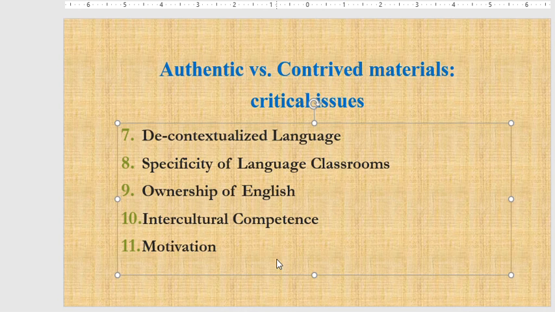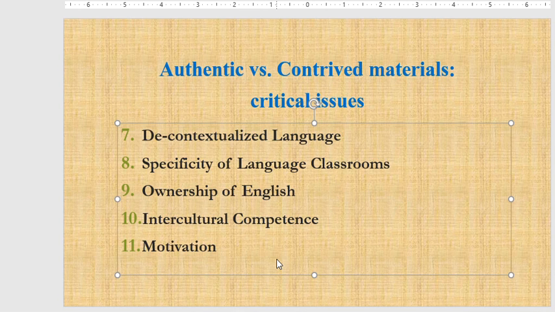When they assess whatever they have learned, when they use it for communication, and when they see that they successfully communicated and participated in interactional activities, then they become more motivated,